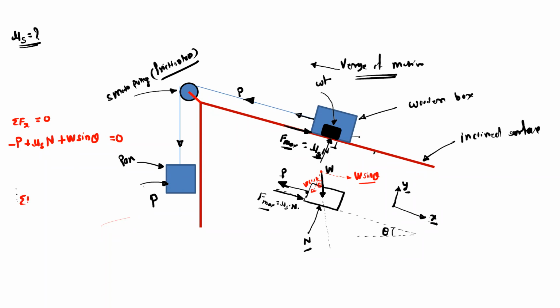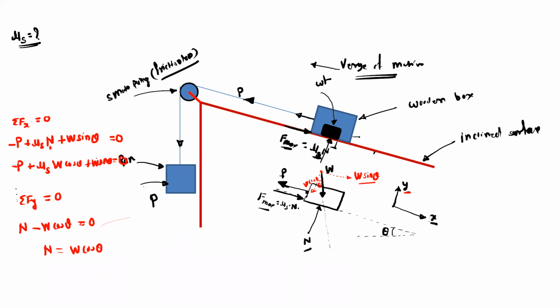Now use the second condition, which is summation Fy equal to 0. For summation Fy, observe the y-axis. Normal reaction is along the positive y direction, so plus N. W cos theta is in the negative y direction, so minus W cos theta, this is equal to 0. From this we will get N is equal to W cos theta. Put this value in this equation, so we will get minus P plus mu s W cos theta plus W sin theta, this is equal